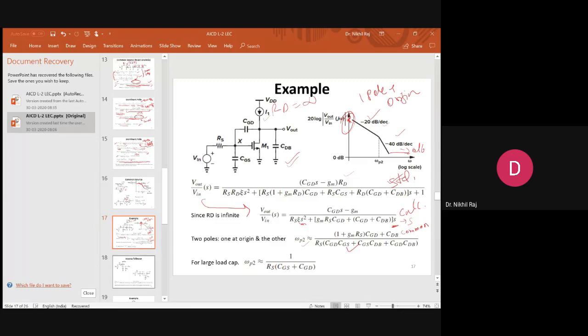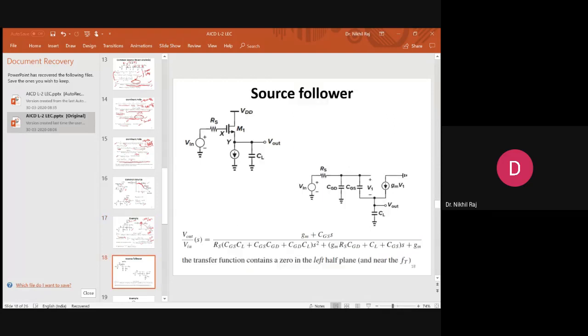Okay, so we need to know always the poles location. Now hereafter, we are not doing calculations, we are roughly estimating how many poles and how many zeros. Okay, a shortcut method just for the analysis part. For example, if a source follower is designed, so this is a source follower circuit. Our input is given at the gate and output is taken from the V out.